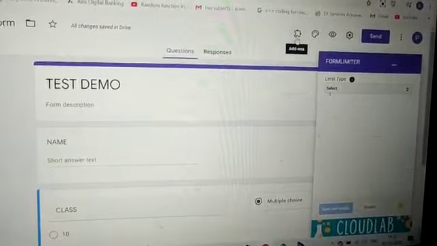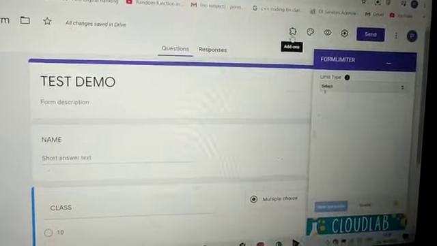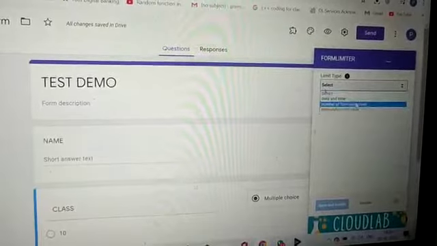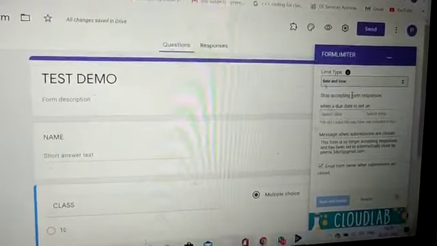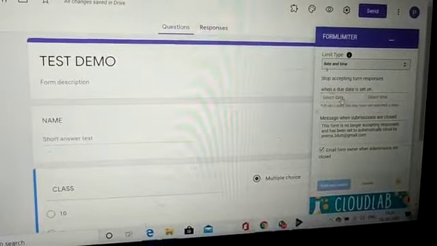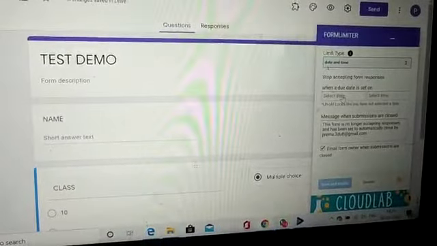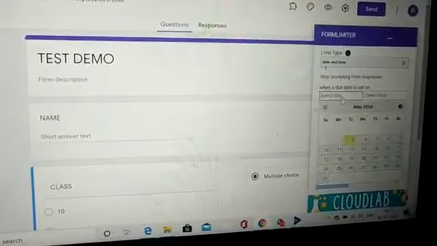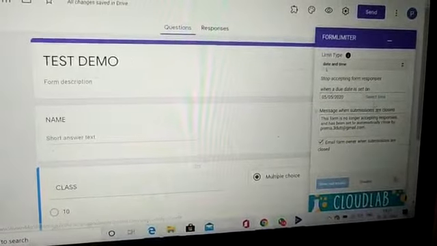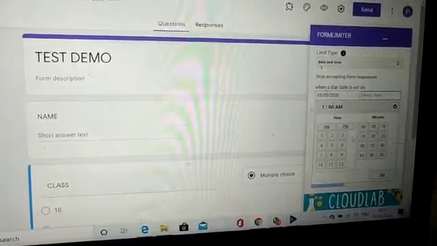So what I have to do, I have to limit my form for a certain period of time for a specific day. So I'll click on the button over here. So I am giving date and time option over here. When a due date is set on, that means on which date you want to release your Google form, that is you are scheduling your UT. So you select the date over here, say I'm doing it for today only, and select time. Click on this button